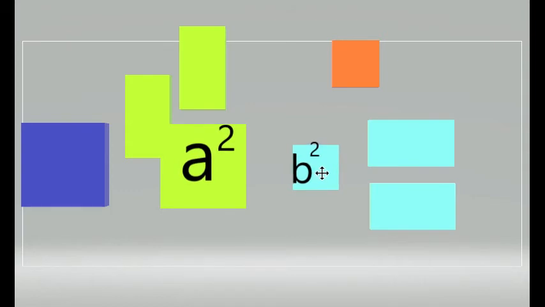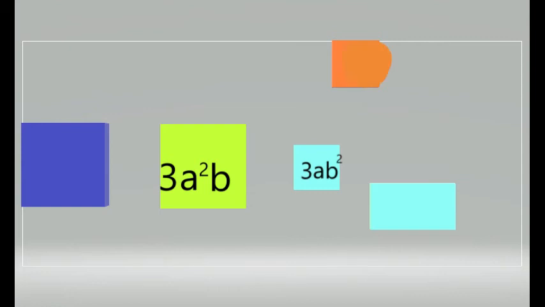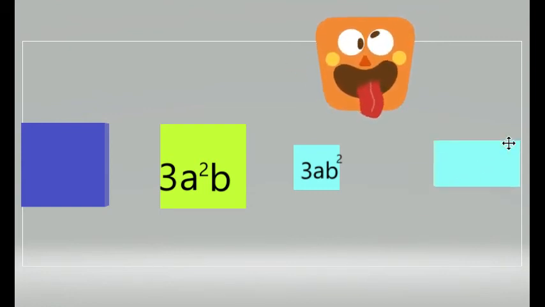Obviously it won't be difficult to prove that the three lemon green cuboids are equal in volume, which is a square b. Hence for three lemon green cuboids we can write thrice a square b and kick off the other two away. Similarly, the turquoise cuboids which have volume of b square a. Why did I choose these colors, lemon green and turquoise? God knows. Anyway, we can kick off this turquoise and this turquoise